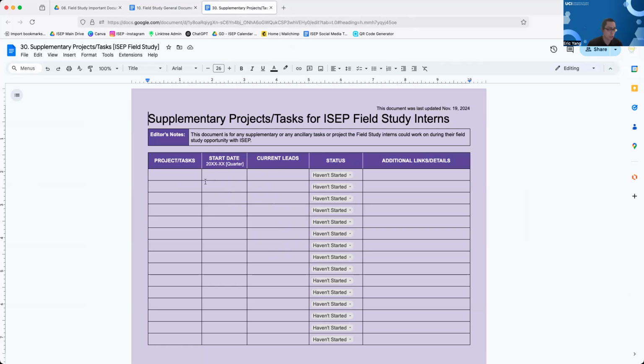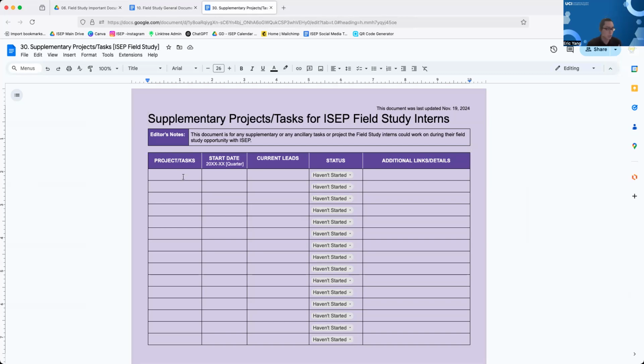So some of these might occur last quarter, well, at least this quarter, the winter quarter, because it's not over yet. During winter quarter, I had my field study interns help me create a contract for field study interns. We wanted all of our professional and student staff to fill out a contract when they want to join our team, just to set good precedent, standard, and professionalism. But our field study doesn't have that contract, so I had them create it. They started it, we haven't finished, so they're going to be putting it on here.